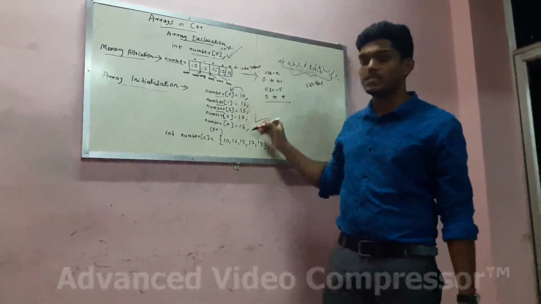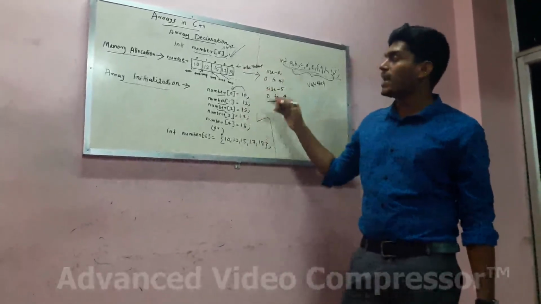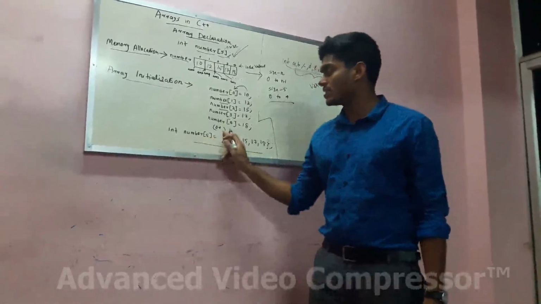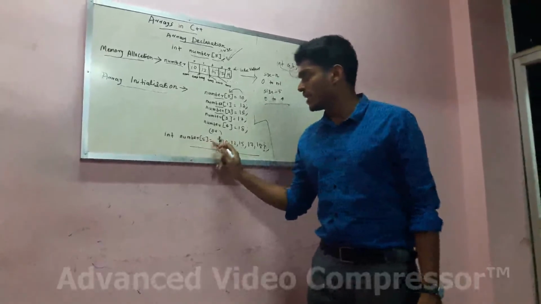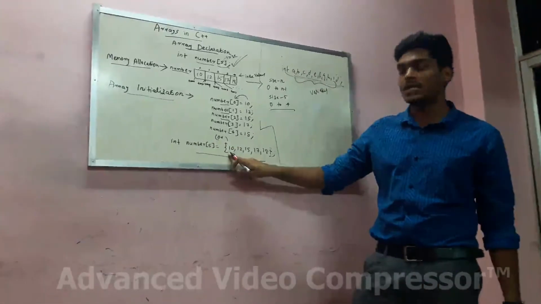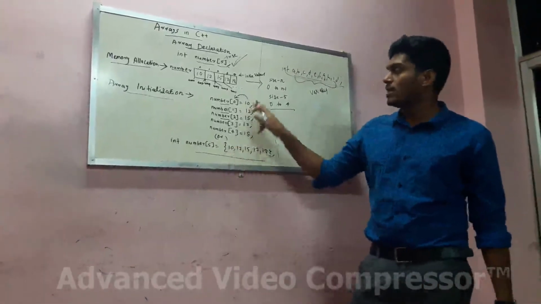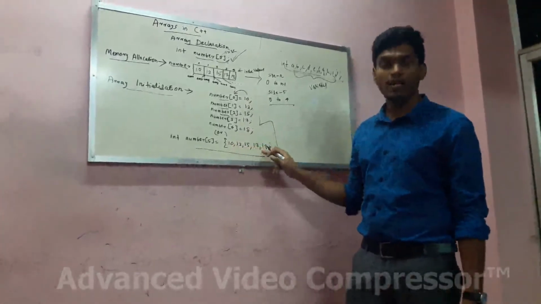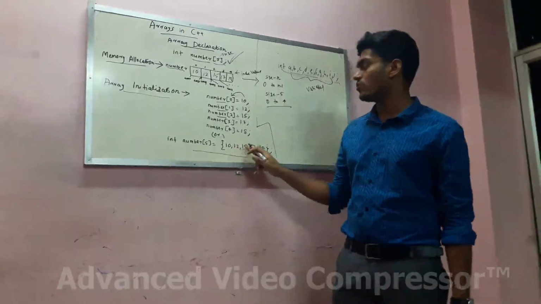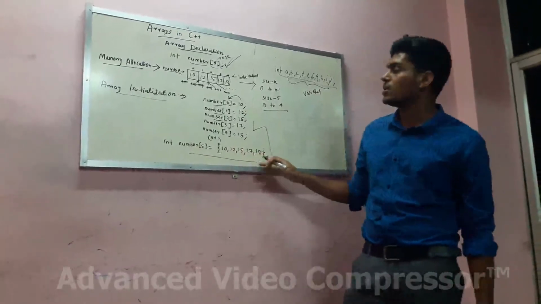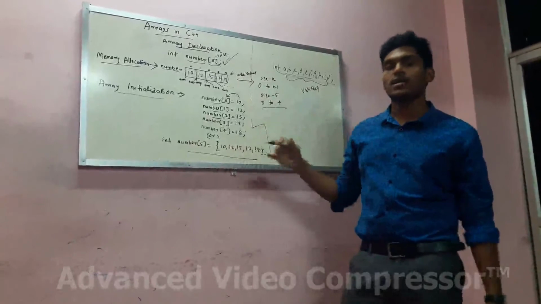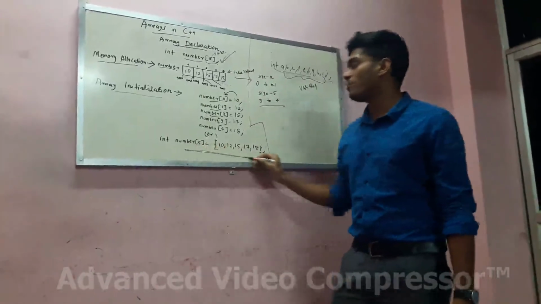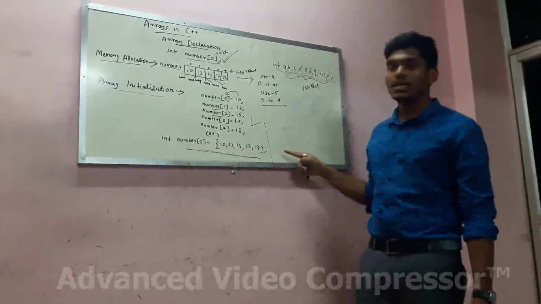Here we are using multiple steps. This can be combined and done in a single step by declaring the array, and we denote an equal to symbol, and we start with a curly bracket, and we write the data separated by commas. So 10, 12, 15, 17, 18. So these are the two ways we can use, and we can use any of these two ways. And this is a simpler form because here we are using only a single line of code.